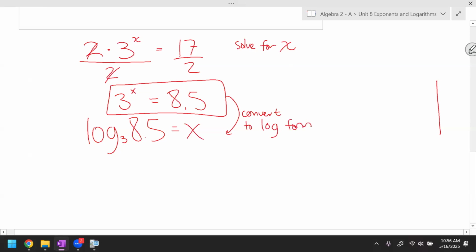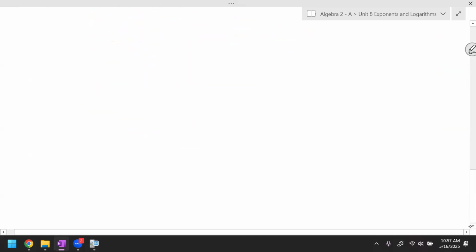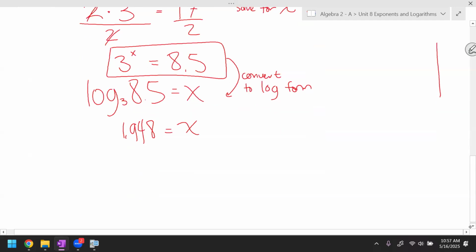Okay, now I can throw this into my calculator, which I'm just going to do off screen here, assuming you know how to do it. We'll say that log base 3 of 8.5 is 1.948. Okay. The same thing applies in the other direction. So if I have, for instance, a problem like this,